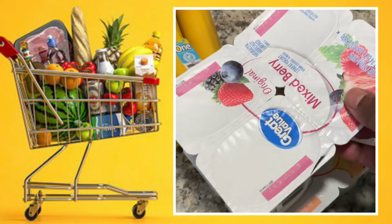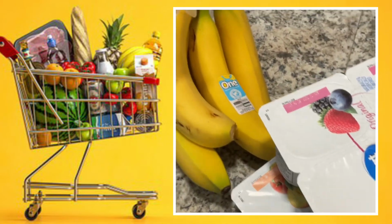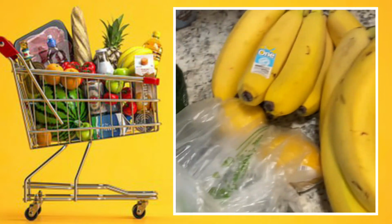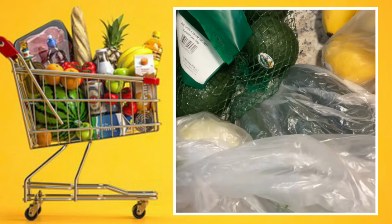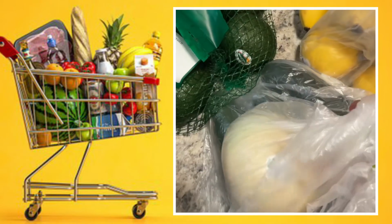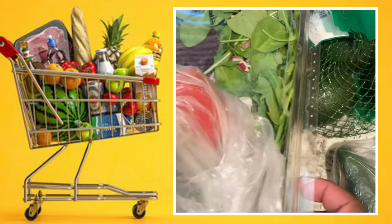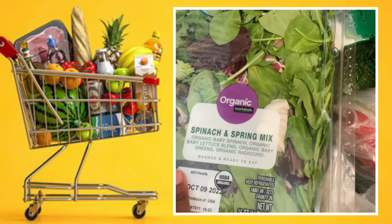mixed berry yogurt, peach yogurt, and you see it, you know we're always eating bananas, some lemons, some cucumbers, an onion, and I'm going to try some avocados this time. 1 tomato for mama, some salad for both of us,